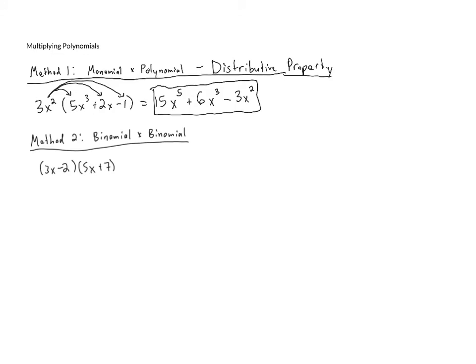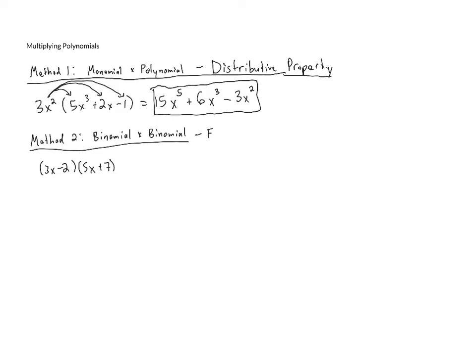Now here we could try and use the distributive property. You can consider 5x plus 7 to just be one thing, and you could distribute it to the 3x and to the negative 2, and then you'd have more distributing to do. That will work out, but there is a shortcut that we use when we're multiplying a binomial times a binomial,